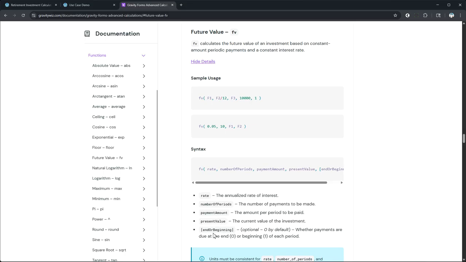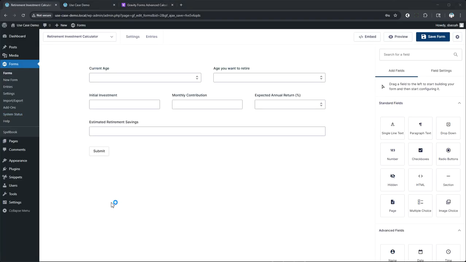The last one is an optional one, which determines whether the payments will be made at the end of the period or at the beginning of the period. By default, it is the end of the period. So now that we know the details of the function, we are going to test this on a sample form